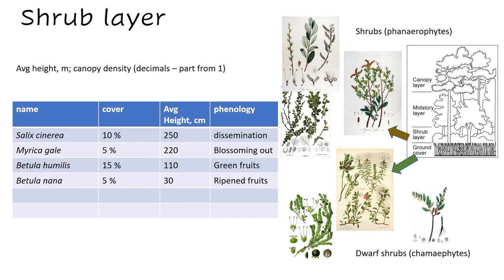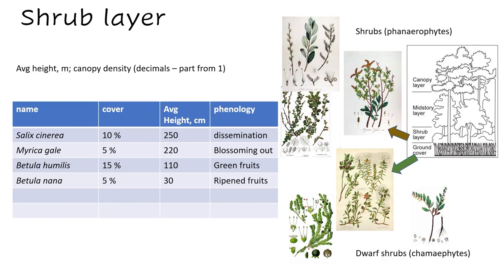For example, Salix cinerea covers 10%, Myrica gale 5%. Then you give average height, meters or centimeters, whichever you like. And please give phenology for shrubs. Phenology is a very significant